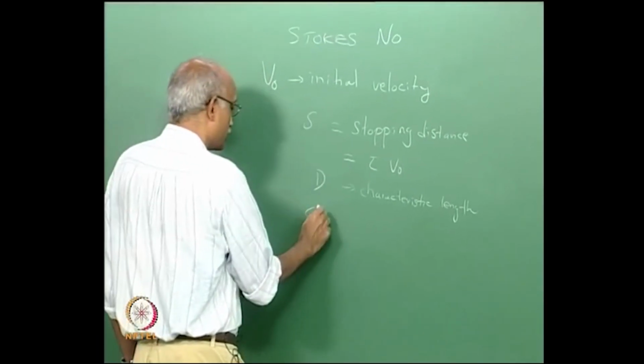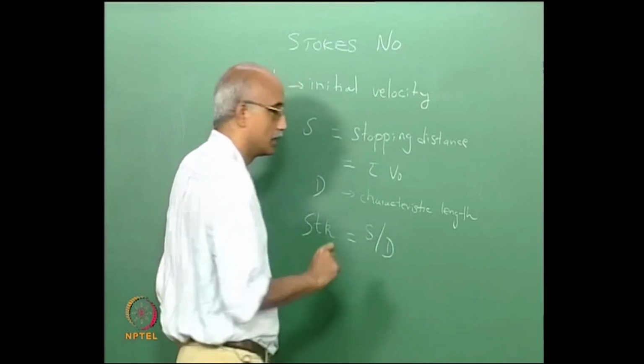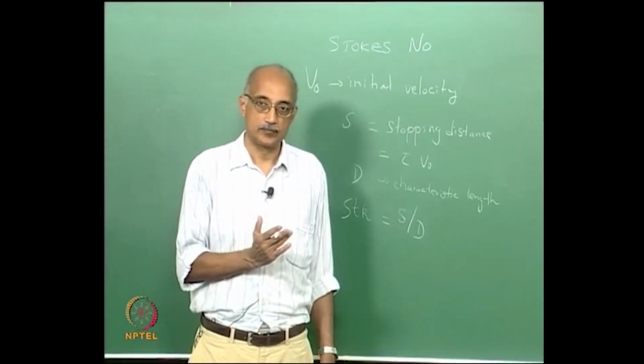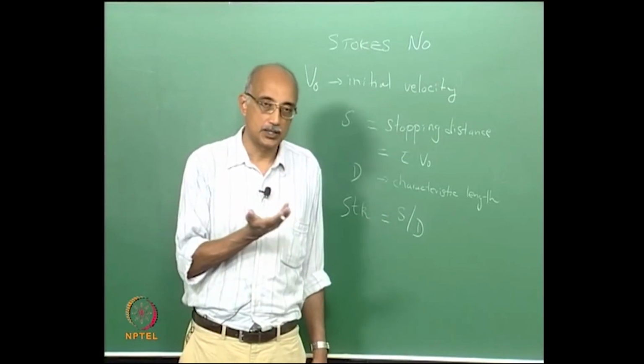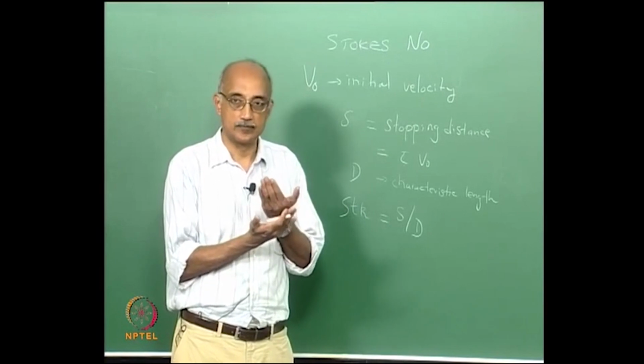The definition of Stokes number is simply S over D. It is the ratio of the stopping distance of the particle to a characteristic dimension of the surface which is causing the particle to come